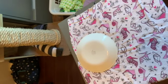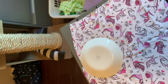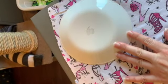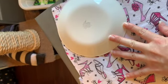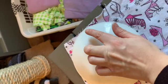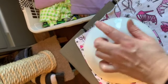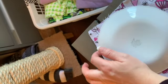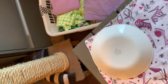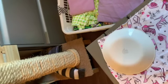Here's a quick way to get the curve on the edge of a blanket so you don't have to worry about corners. What I do is I take a plate, depending on how big of a curve I want on my edges, and I put the plate just so it positions so that each of the sides are touching the fabric, and then this is the part here that I would cut off. If you do that on all 4 corners, then all your corner curves match,